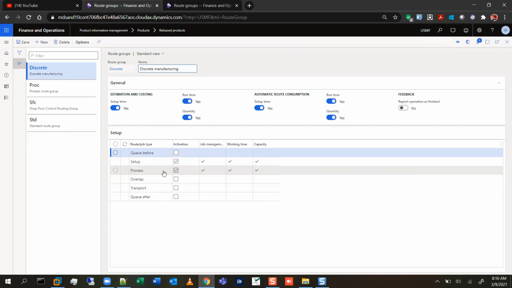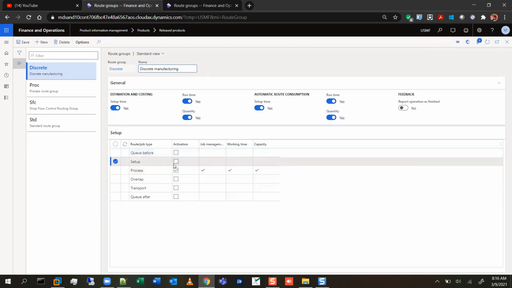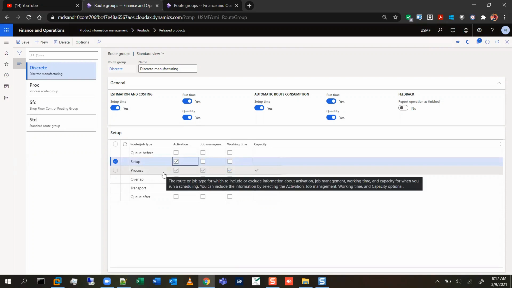Usually it's only the process, unless, for example, a setup can be useful if you are in a painting industry. First you will be preparing that floor. Until now you were painting red, and now you have to paint the next 500 containers with color blue. So maybe you're taking 15 or 20 minutes just to prepare the floor and bring all those blue color cans. Then you will start painting, or the machine will start painting. So for that prior operation, it could have been a very good idea to add a setup. That setup time will also be considered,